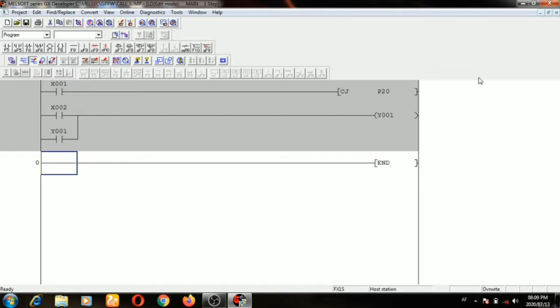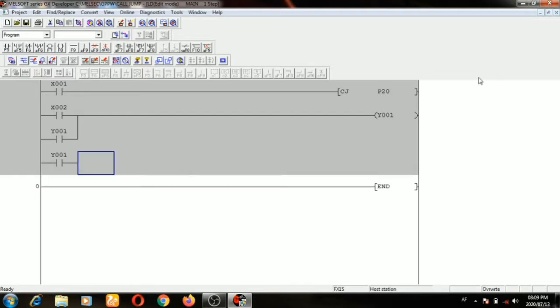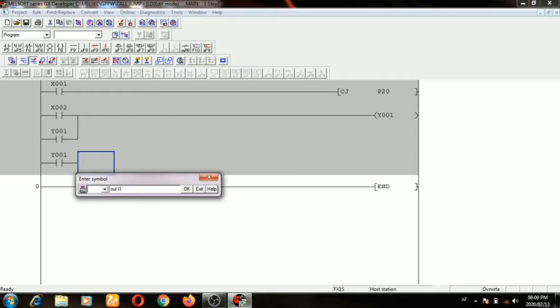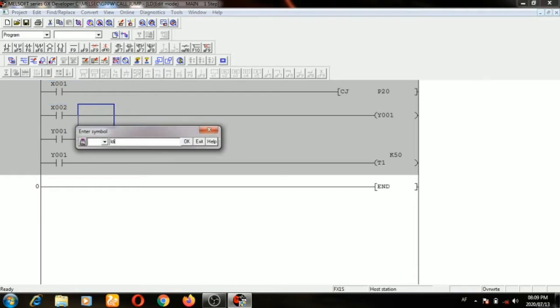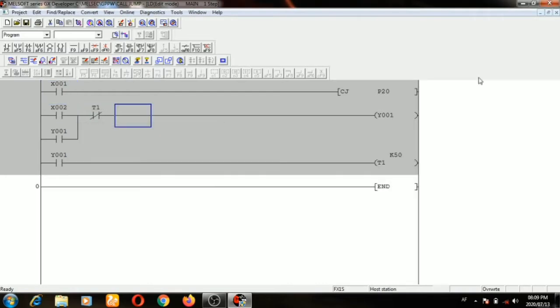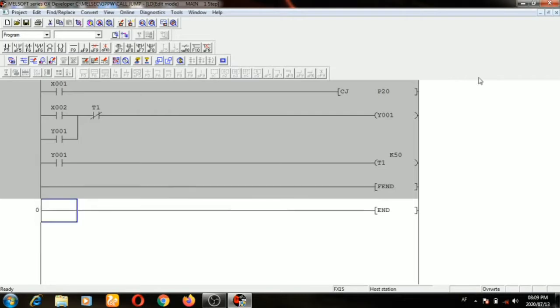Next is the timer: LD Y1, out T1 K50. I'm using the NC switch of this, so LDI T1. Now I can end this jump with FEND. So this is finished.